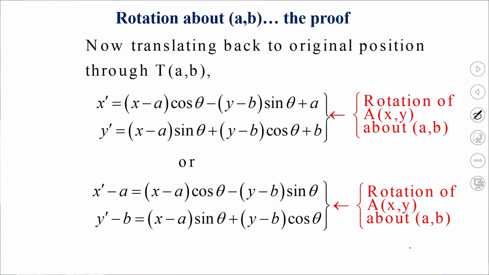And then thirdly, I have to translate back into the original place. That is, I will add the a term and the b term here. And then after subtracting a from this side and the b from that side, I will get this formula for any rotation about any point